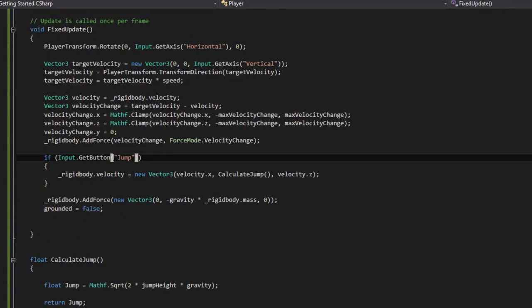We're going to say if we press jump and we're grounded. And to do that, we just do the and sign. So two and signs saying this and this. This and what though? This and grounded